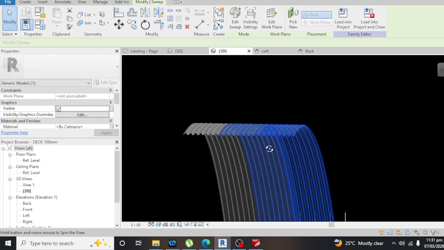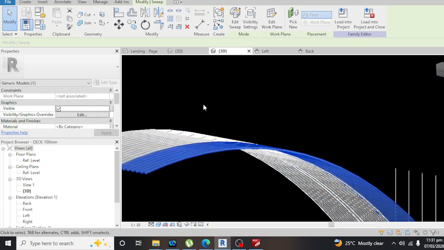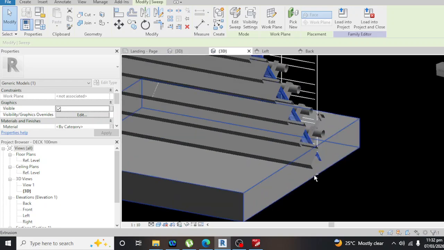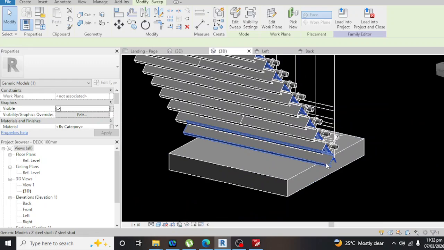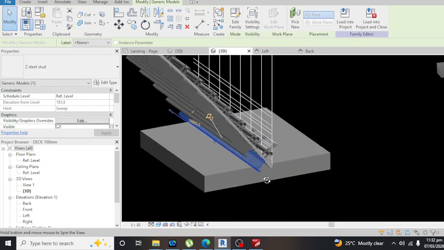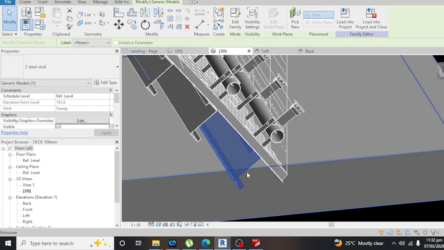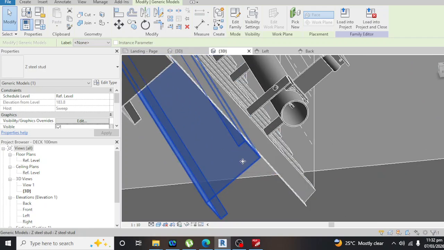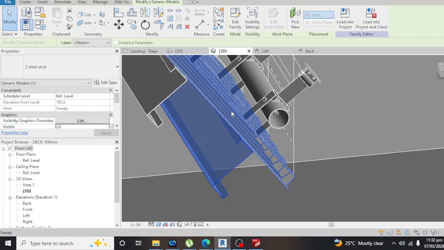I don't have a reference for the roof, but I have the reference on the ellipse, the slope of the ellipse. That's why I made it like this. Also, on this project, I made the purlins, the purlins on the top of the roof.